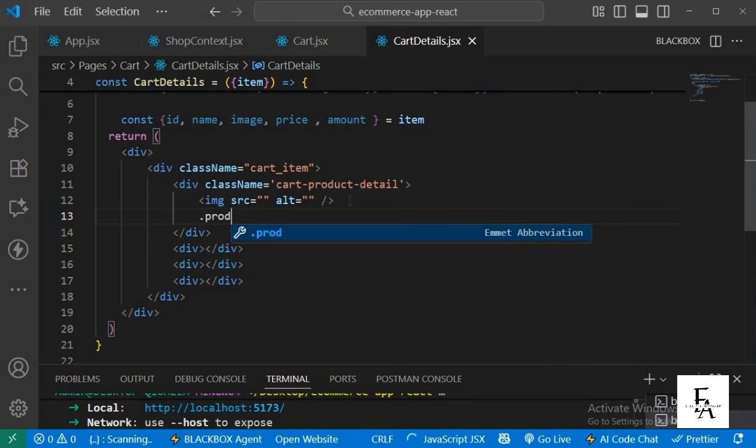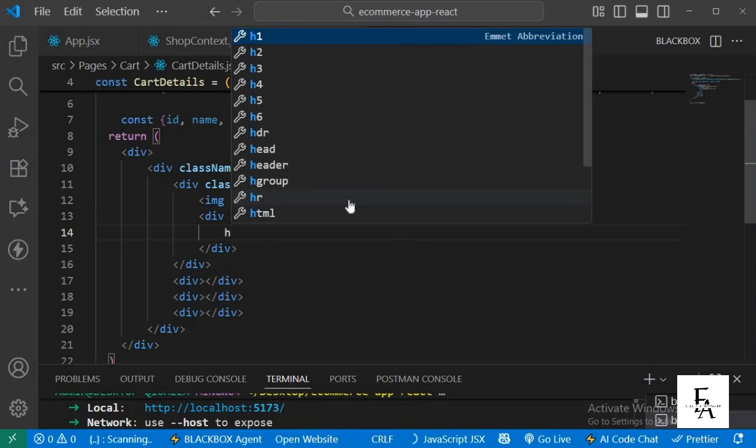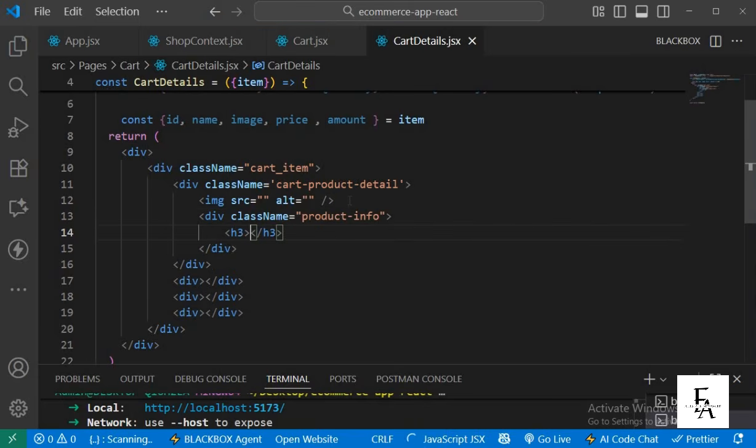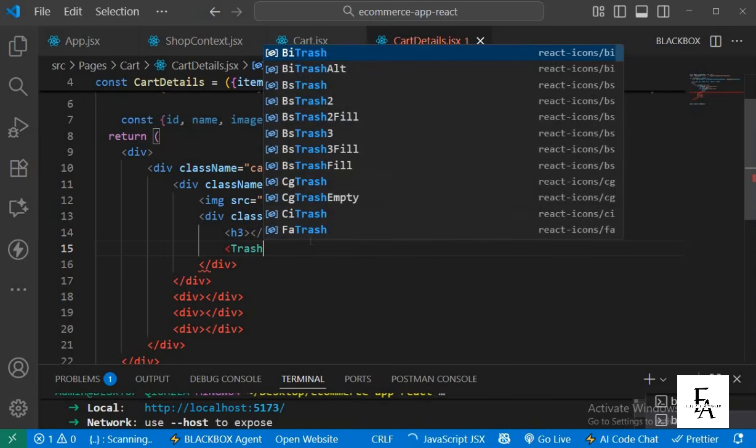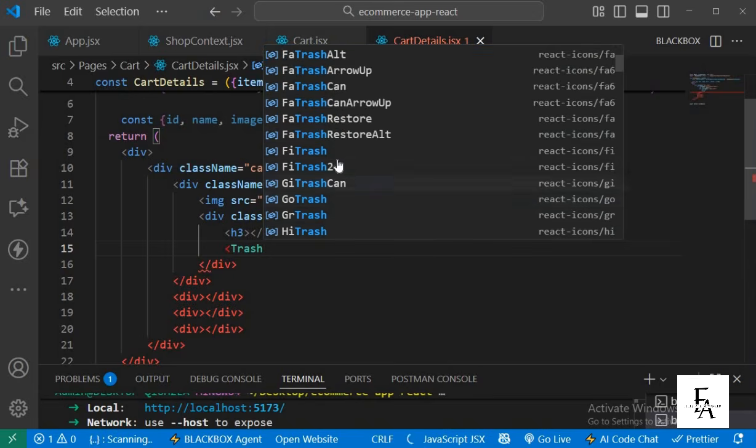So let's just have product info as a div tag. So inside this is where we're going to have the name of the item that has been added to cart and then the trash icon. So I'm just going to type in trash. Like I said, you can just type in the keyword and React is going to suggest a list of icons that will match it. So we're using this icon,